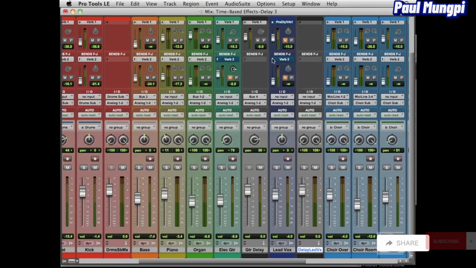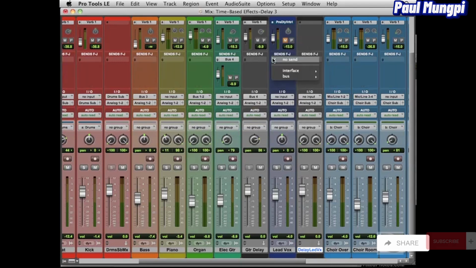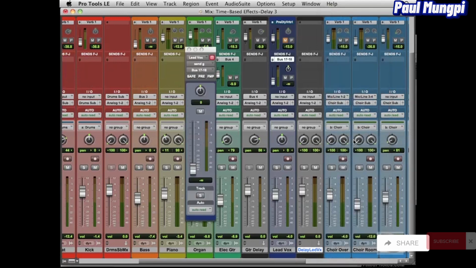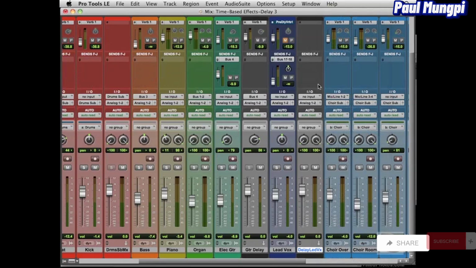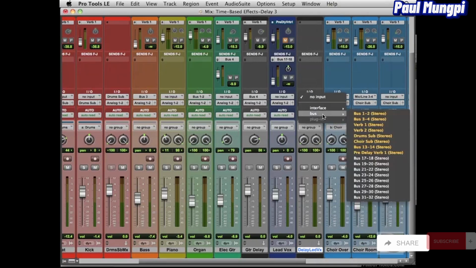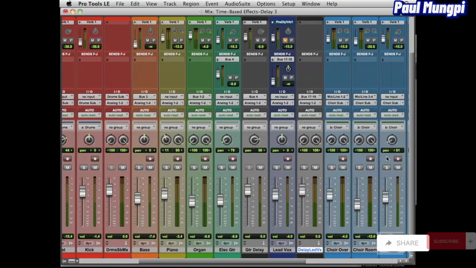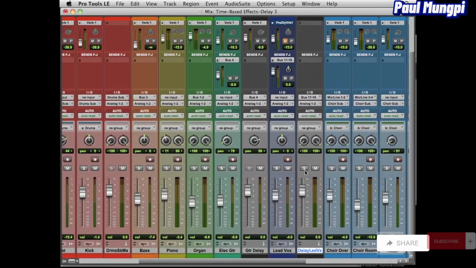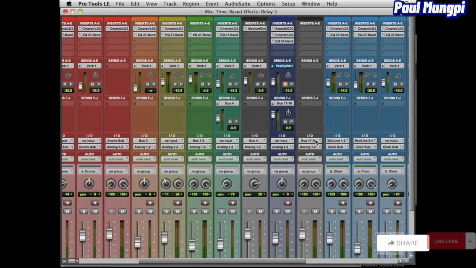And we're going to do the same thing as before, what we did on the guitar, where we're going to Command click over to send G, and on there we're going to say let's use bus 17, 18. We have to use a stereo pair because we're going to a stereo bus, stereo aux, and we'll put the input of our auxiliary as the same bus. So now we are sending the signal over there, and the only thing that's missing is solo safing the solo there and adding